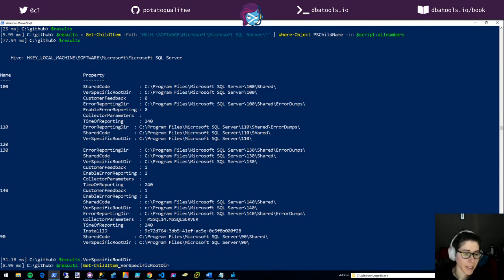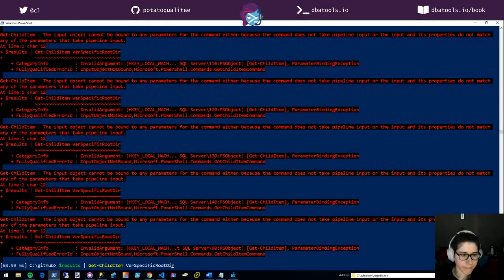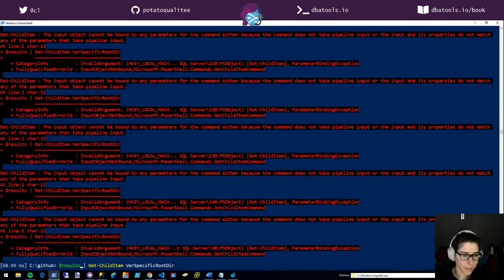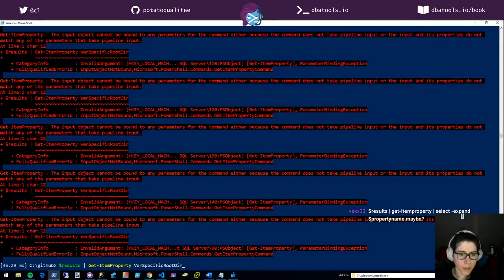So I'm doing this again, but it's because my brain just... What was the name? Oh, you wanted to pipe it to get item property. Expand. Oh, yeah. I'm super annoyed though. Suddenly it's not working.